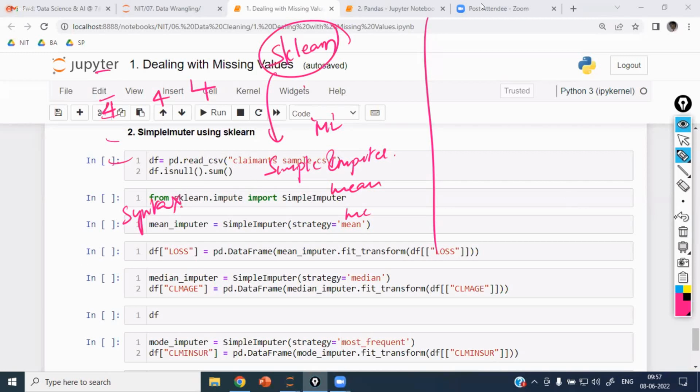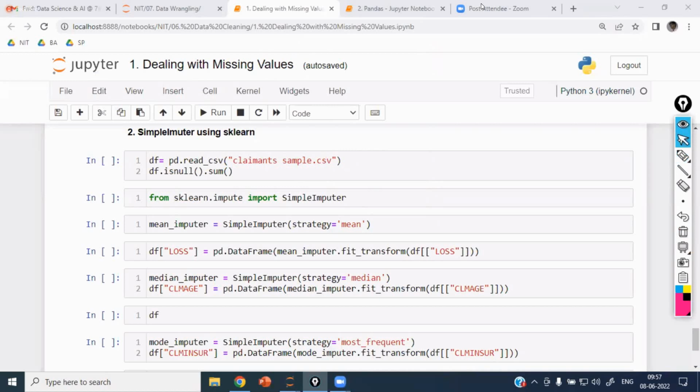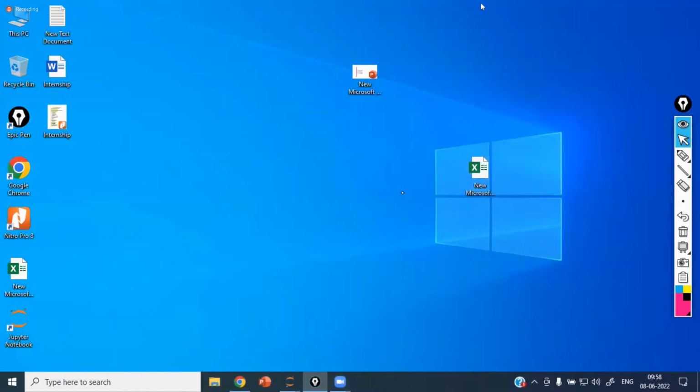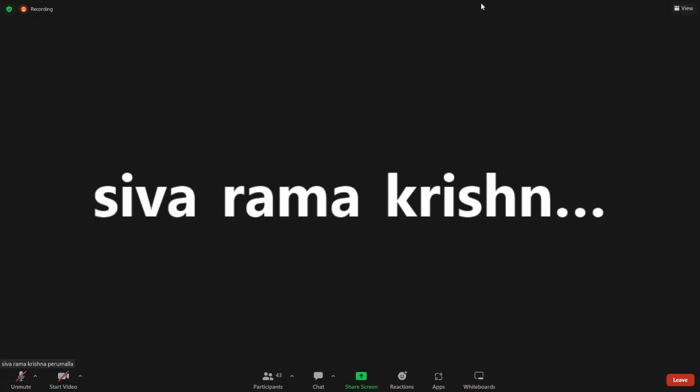Okay. How we are going to work with this, we will see tomorrow. Along with this, next outliers followed by encoding, everything we are going to see. Tomorrow and the day after tomorrow, we are going to complete the data cleaning part. That's it. Okay. So today practice the